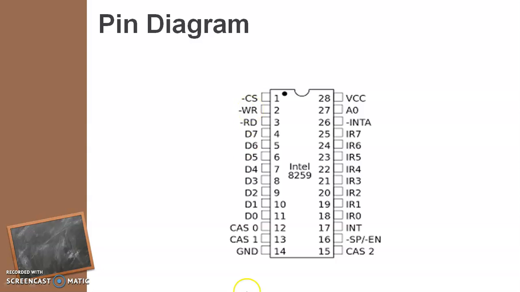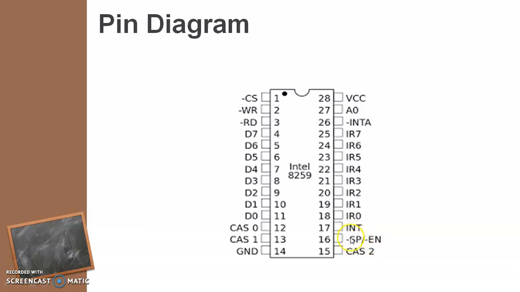This is CAS 0, 1, 2, which is for cascaded 8259s. That means you can use multiple 8259s, where one serves as a master driving the slaves. Next is SP/EN, the slave program input enable.